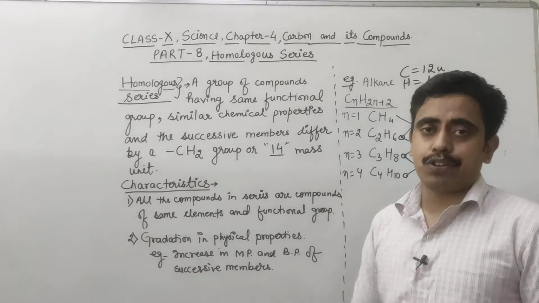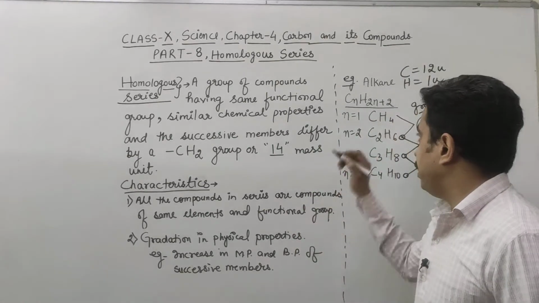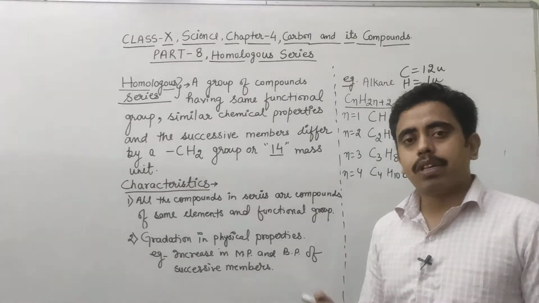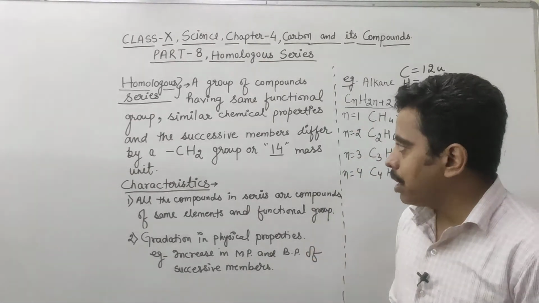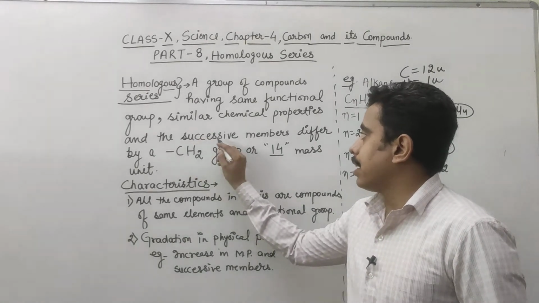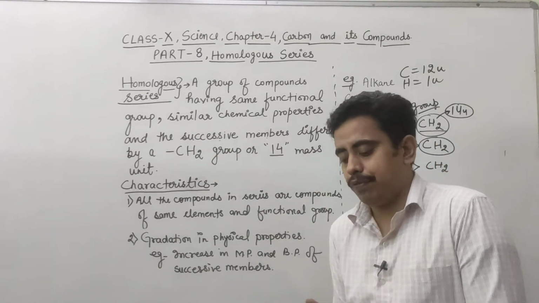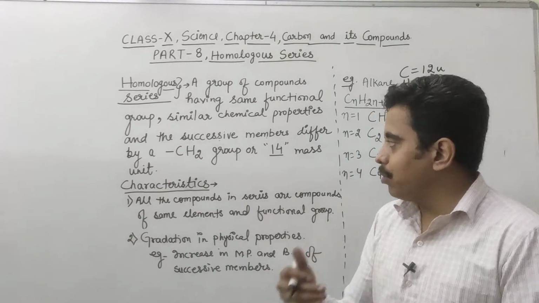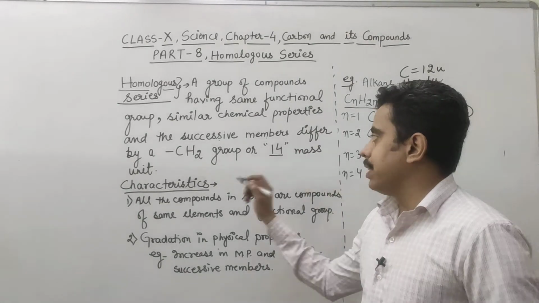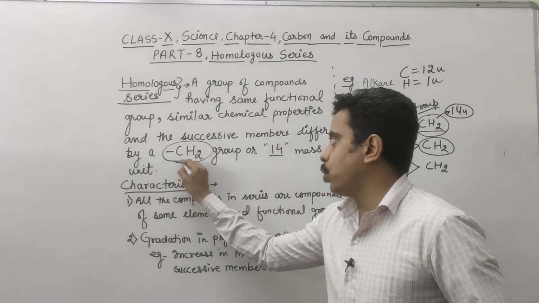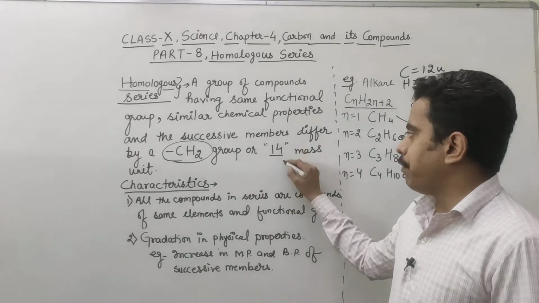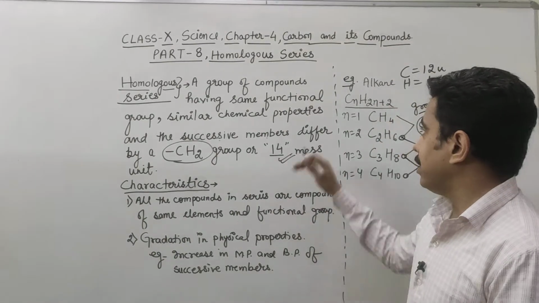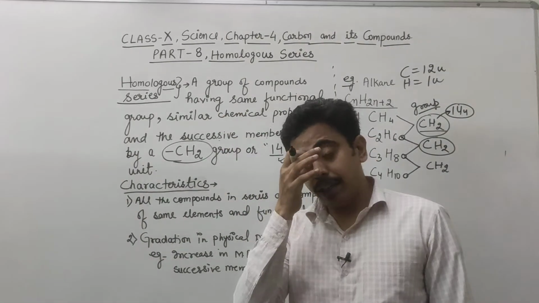इनकी जो chemical reactions हैं वो similar आएंगी. मीथेन की, इथेन और प्रोपेन, ब्यूटेन एंड सो ऑन, उन सभी की जो केमिकल रिएक्शंस हैं वो सिमिलर आएंगी. एंड द सक्सेसिव मेंबर्स मतलब फर्स्ट के बाद सेकंड एंड सेकंड के बाद थर्ड फोर्थ, द सक्सेसिव मेंबर्स हैव डिफरेंस ऑफ अ CH2 ग्रुप. इस ग्रुप का डिफरेंस होना चाहिए, या फिर ऐसे ही बोल सकते हैं 14 मास यूनिट का डिफरेंस हो. ऐसी सीरीज को हम क्या बोलते हैं? दिस सीरीज इज नोन एज homologous series.